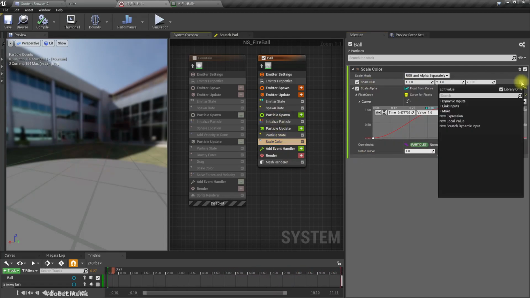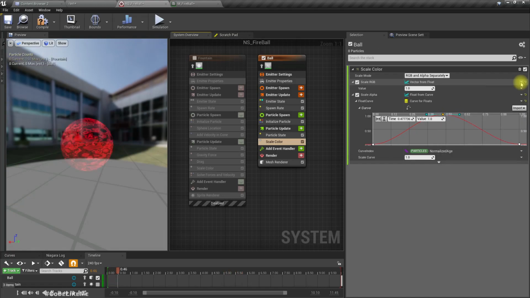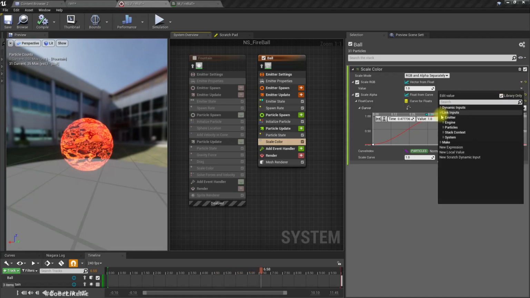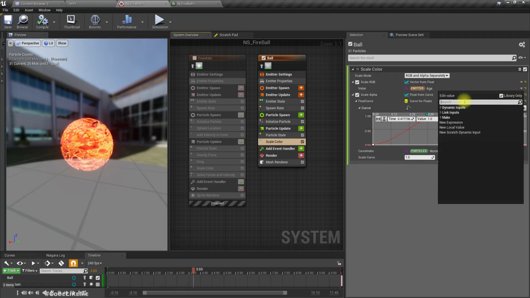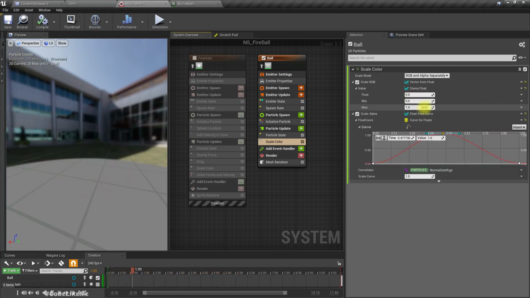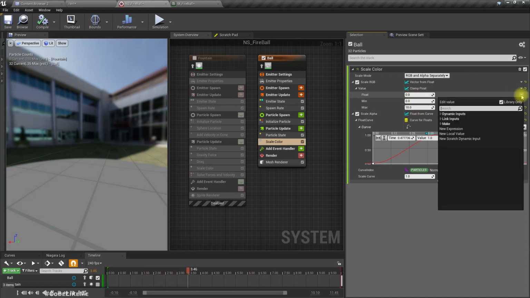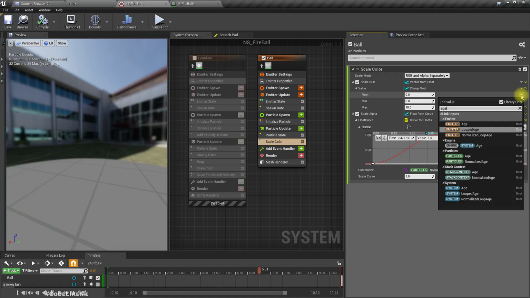Right here, for this scale RGB, let's use vector from float, and this value, what if we link emitter edge? So as the emitter edge increases, the color becomes more illuminating. See, that's what happens here. But we need to clamp this, because otherwise after a long time this will be too bright. So this value, edge of the emitter,